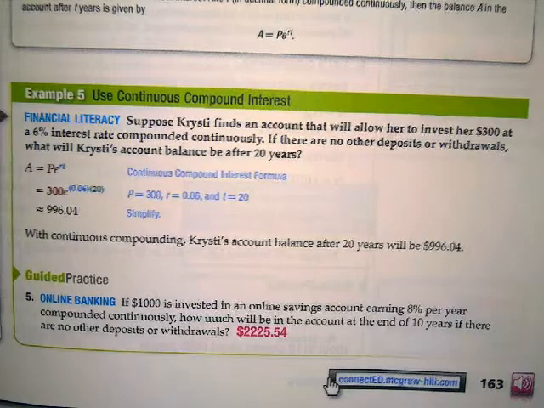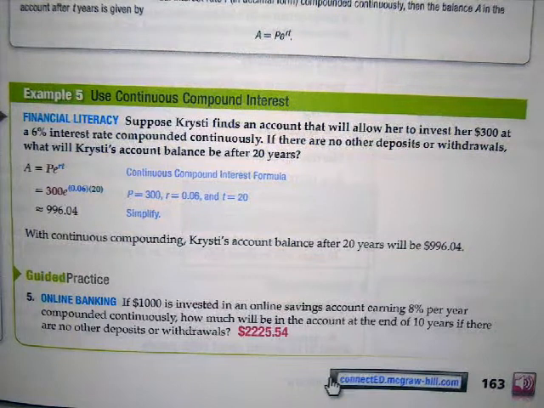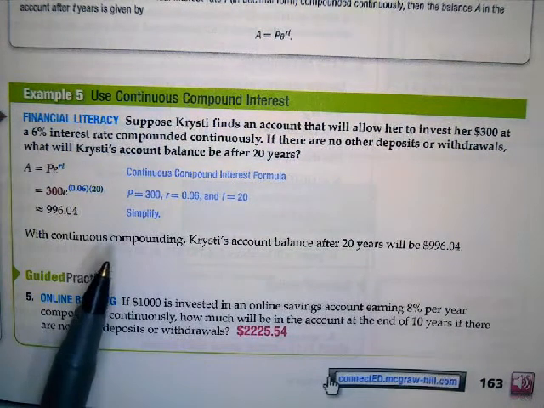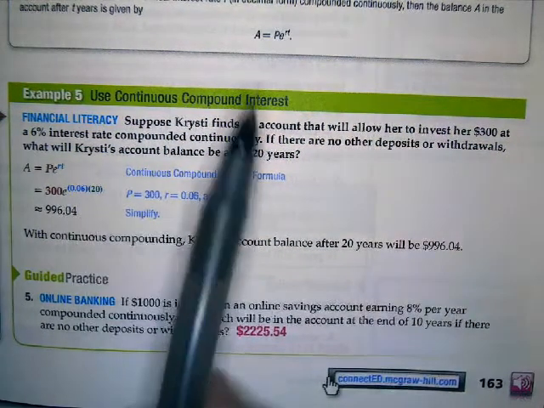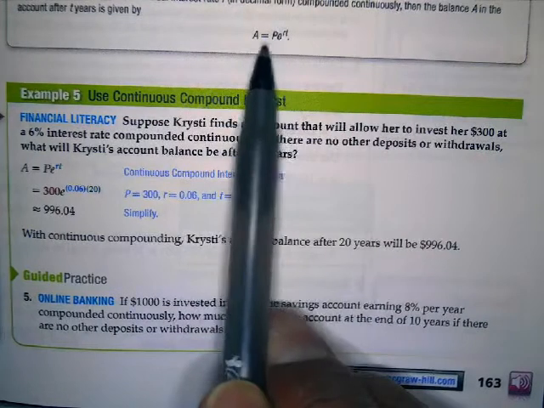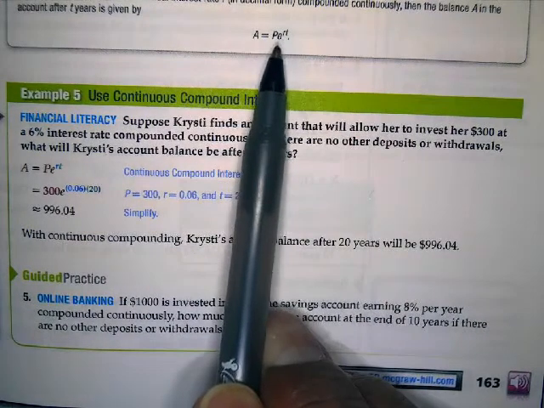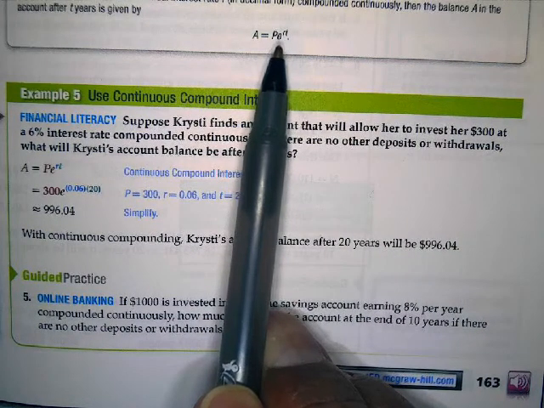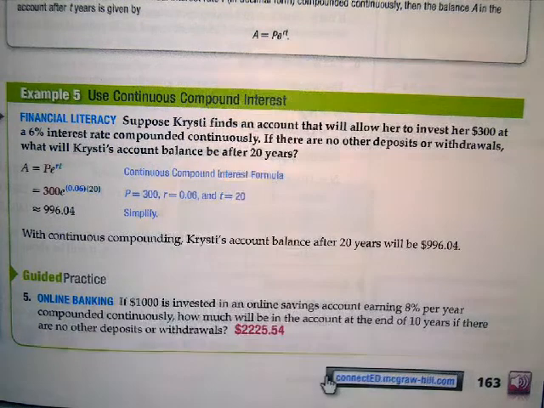Let me focus this right. This is in your book. I'm looking at page 162, 163. Okay, so let's just look at this one real quick and I'll go back. This one's easier. This one, the formula is A is equal to P, your principal,